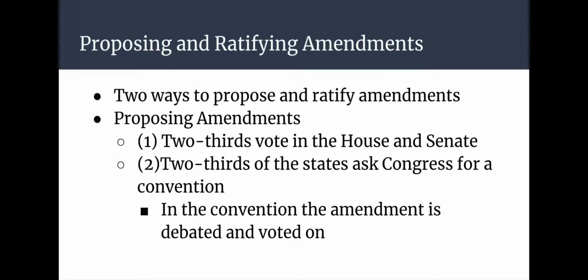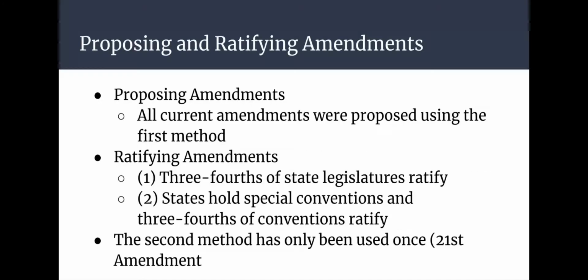Looking at the amendment proposal process, option one is you have 2/3 of a vote in the House and the Senate. Option two is 2/3 of the states ask Congress for a convention. Using that model, within the convention, the amendment is then debated and voted on by the states. So far, all current amendments were proposed using the first method, where you had 2/3 in the House and the